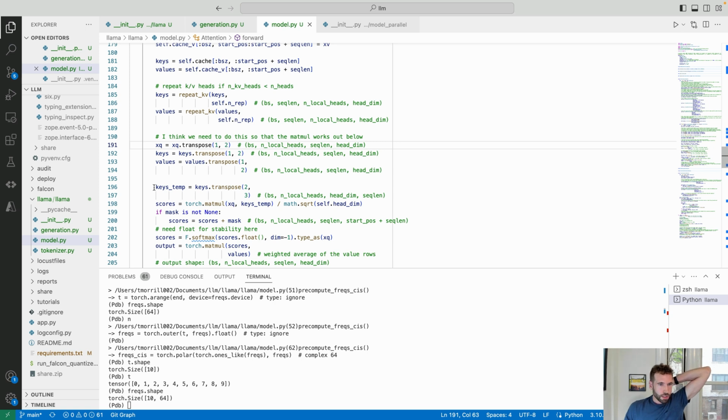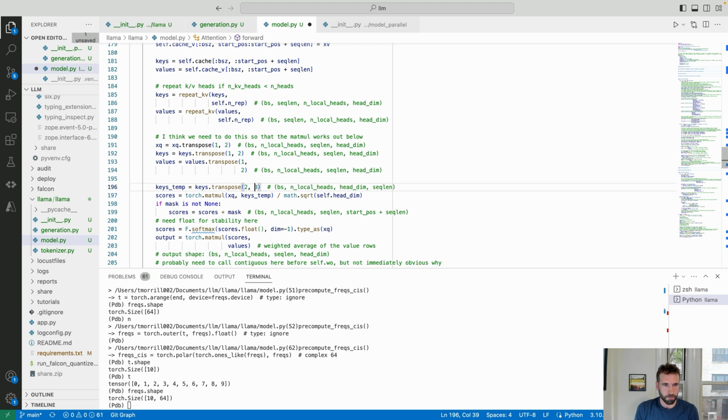I introduced this variable just so I could keep track of things. So one more swap takes place on the keys. You're swapping 2 and 3. So these two get swapped. You can see sequence length, head dim here, and then this is head dim, sequence length. And so what's going to happen is when you take the matrix multiplication between the queries and the keys temp, as I've called it,